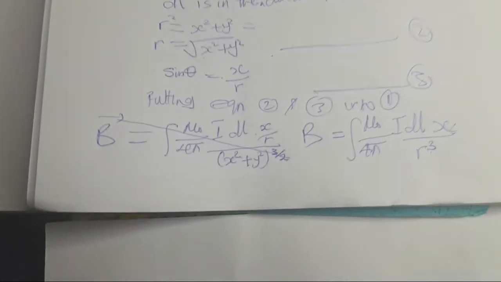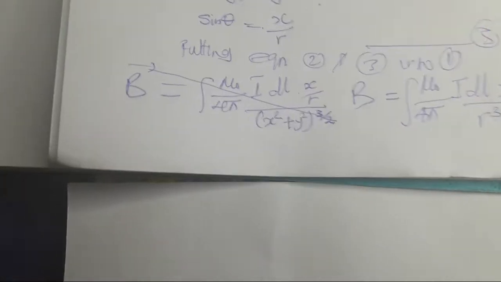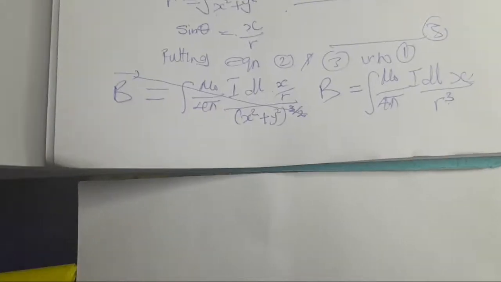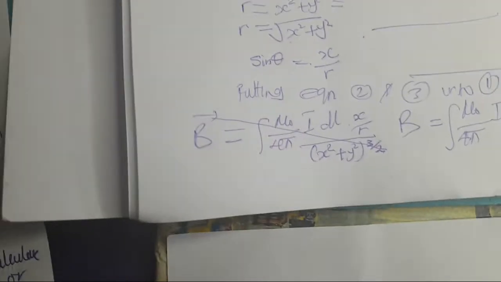Okay, where did we stop? Okay, this is where we stop, right? We stopped here. All right, so let's make progress from here. So from here, what are we going to have? Our magnetic field B